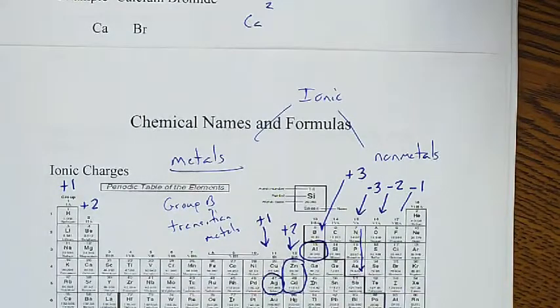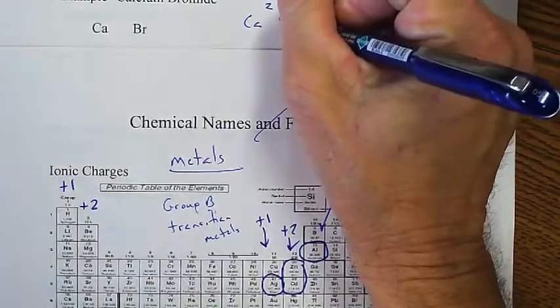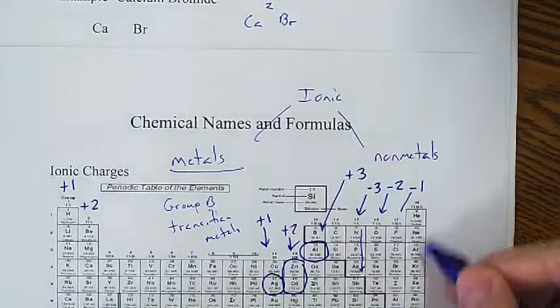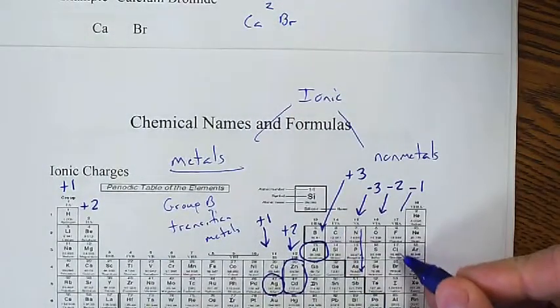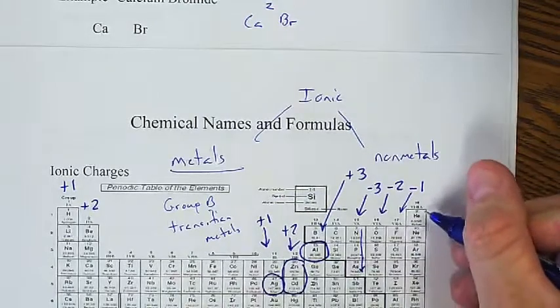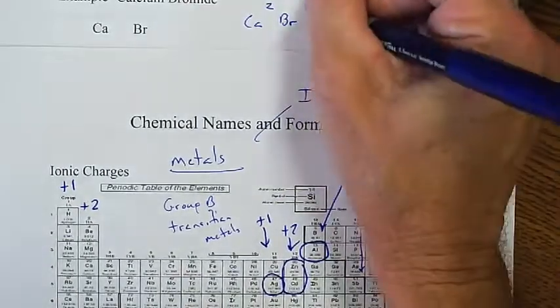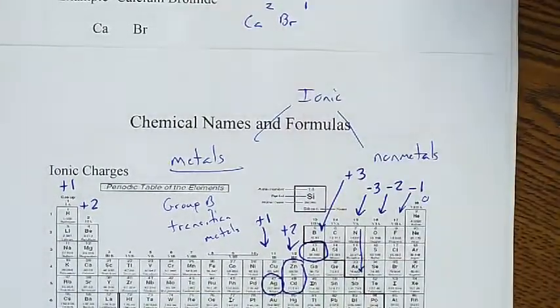I'm just showing you how to write the correct formula for how those 2 elements will actually combine with each other. And then bromine and its charge, bromine is right here. Notice the -1 goes with column 7, not these 0s here. So it's -1. Once you write the charges for the elements above them as a superscript,